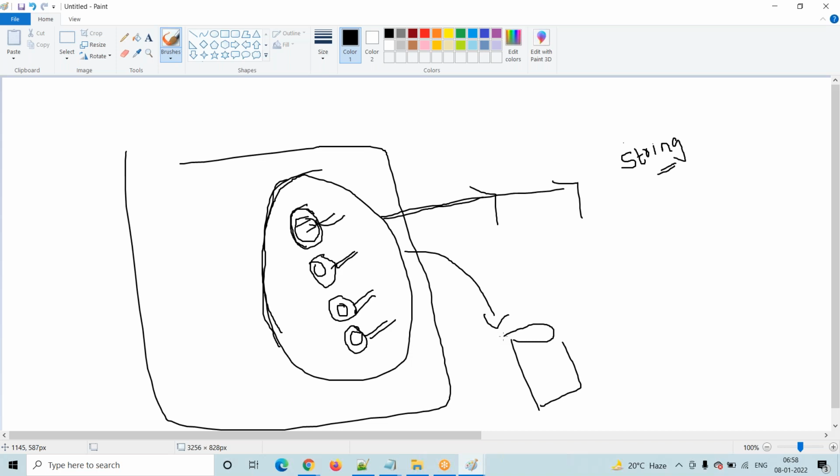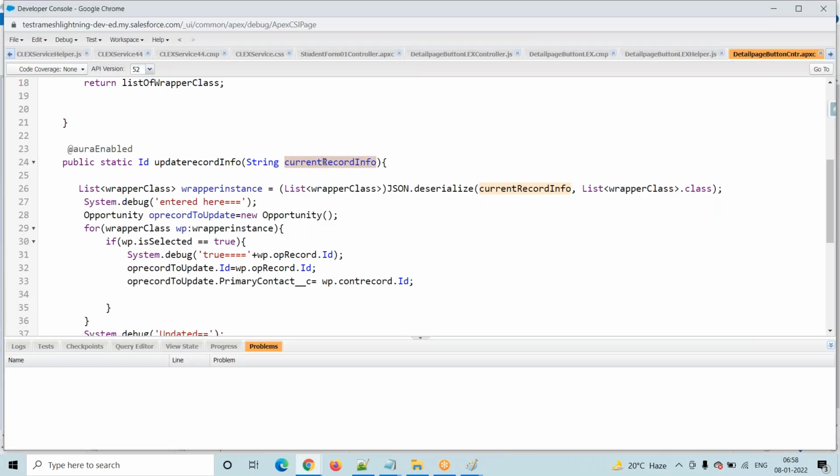Whenever we are sending a record to the Apex class or Apex method from the Lightning component, we have to serialize that one with JSON.stringify. Once you serialize, the server will take it and call this particular method. How will this method receive that format? It will receive it as a string. That's why we put my parameter as a string. Now I am getting a string, but I don't want a string. I want my wrapper class record format back. We have to deserialize, converting that string again into the wrapper class format. That is the deserializing concept.